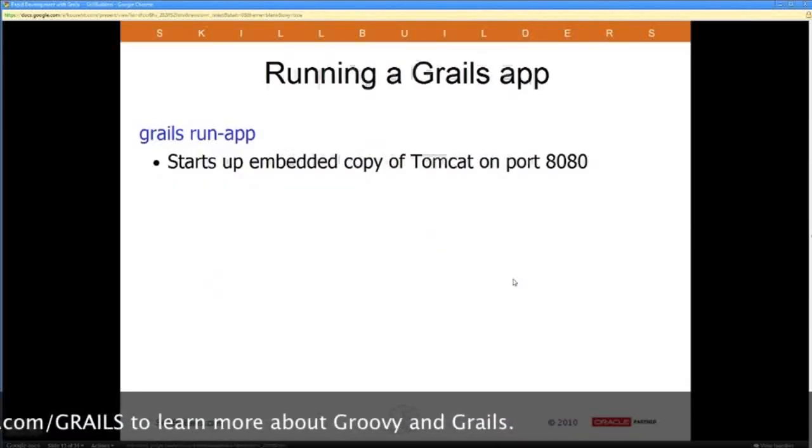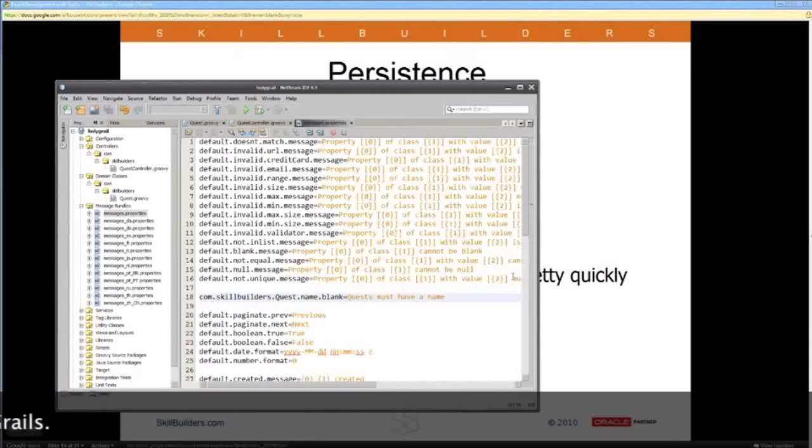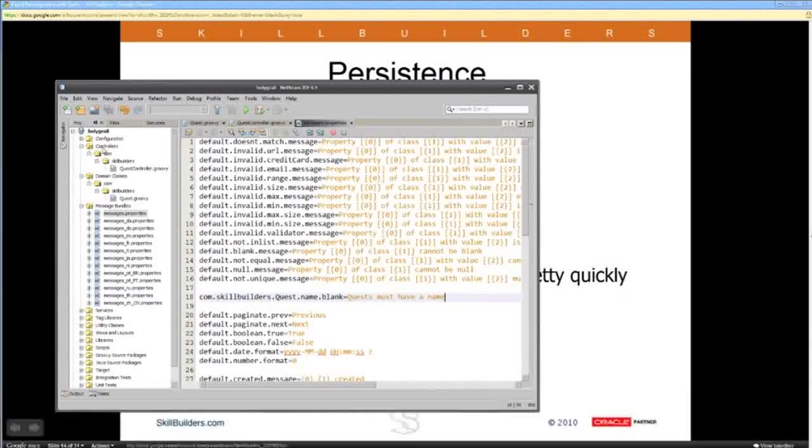I'll show you that shortly. And then you saw this is how I ran the application. Just grails run-app, and there it was running on Tomcat on port 8080. There's flags to set if you want to change the port number, etc. Okay, Grails comes with this HSQL database using an in-memory version by default. If I want to see this, I look inside the, let's see, configuration. Here is my